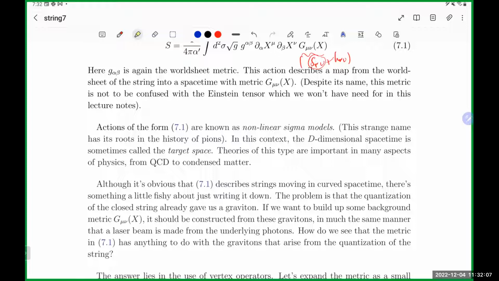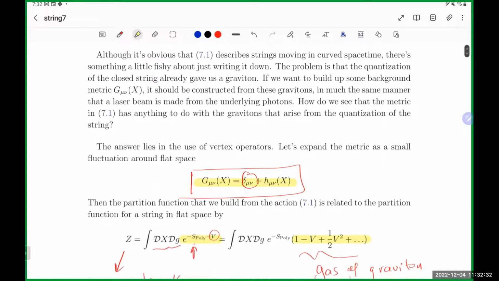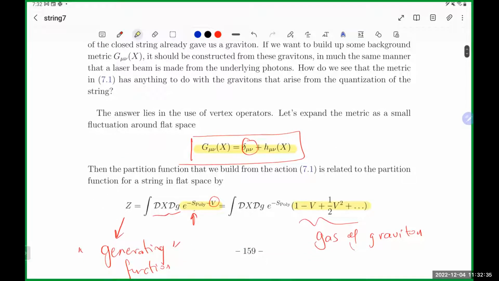And that will immediately tell you that, first of all, 7.1 is a sort of innocuous repackaging of an otherwise very complicated action involving an infinite number of couplings, because everything just keeps growing in this derivative expansion. So if you really wanted to make sense of this gas, beyond just fluctuations around flat space, then you have to accept that there's going to be an infinite number of these contributions arising. But those contributions all know about completely covariant objects from the target space perspective: the curvatures, the squares of the curvatures, and so forth. If we just proceed, we'll see that we're going to get already as leading quantum correction the pieces that will give us